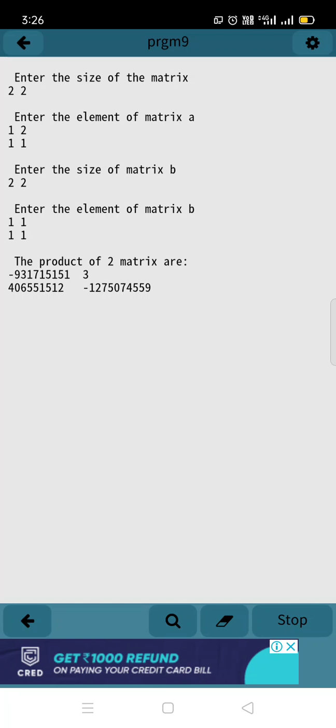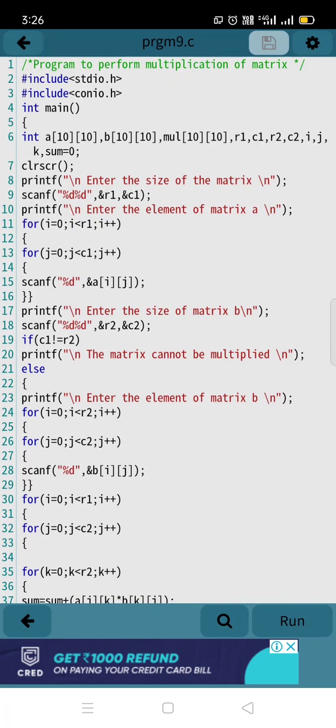On the computer the answer is coming correctly. Got it? So all of you just execute it once on the mobile. If you have a computer at home, execute it on the computer and check that the answer is coming correctly. Got it? Like this it is going to work. Understood, all of you?